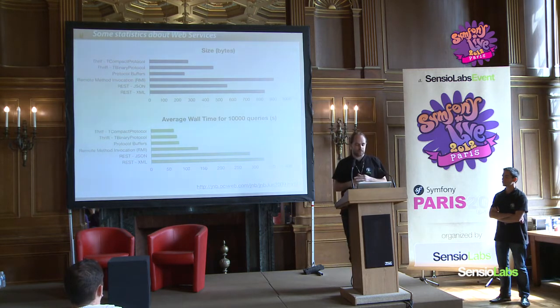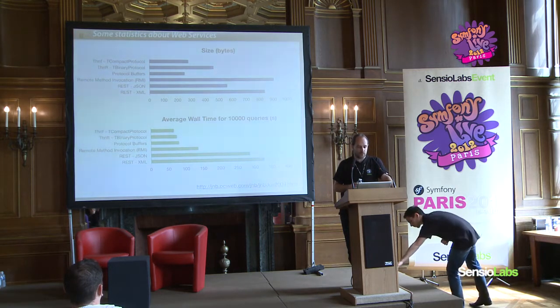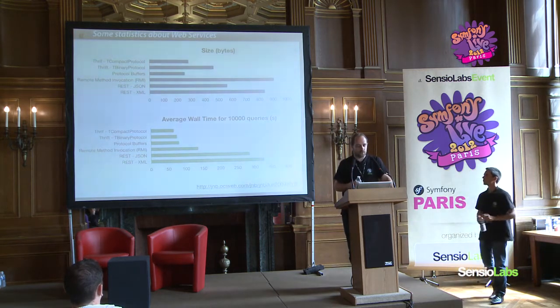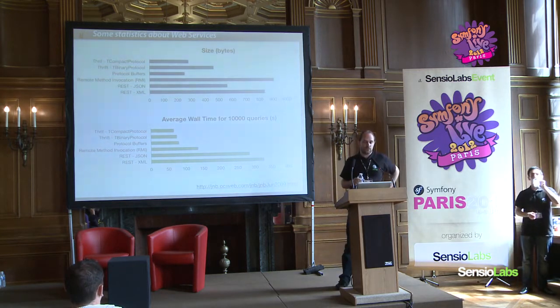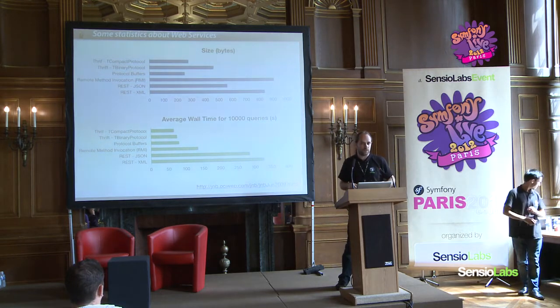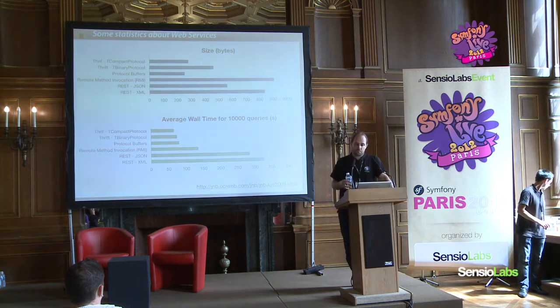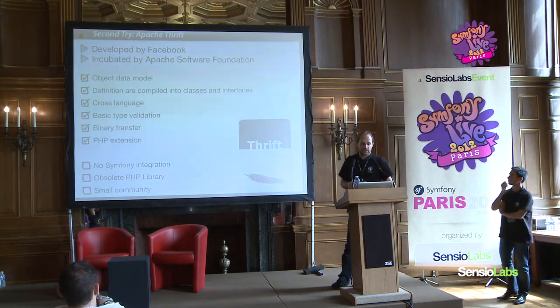One can see that Thrift or protocol buffer performances are 3 to 4 times higher than REST. Why Thrift and not protocol buffer? Because the PHP API for protocol buffer is not integrated. That support was not really that extraordinary, and Thrift was actually picked out. For those who are not familiar with Thrift, let me just introduce this.